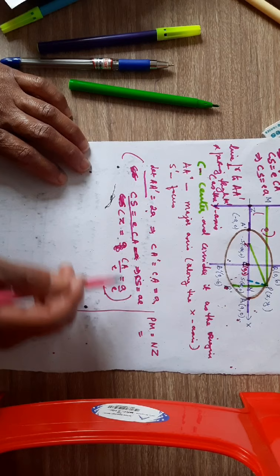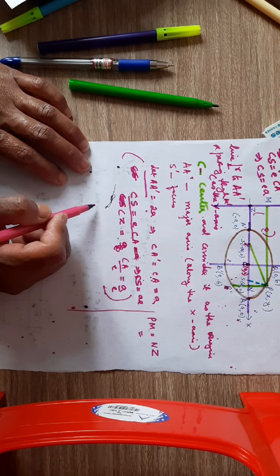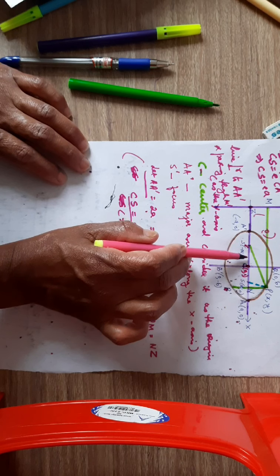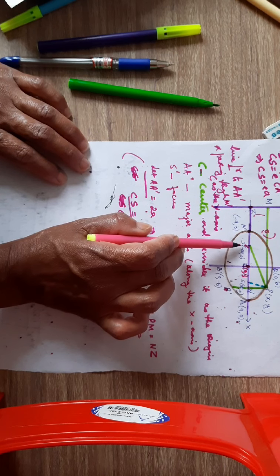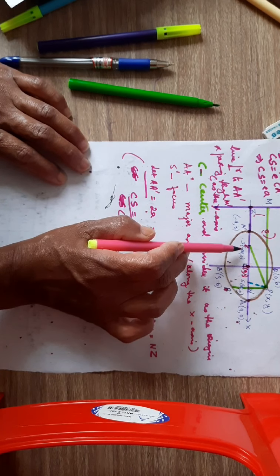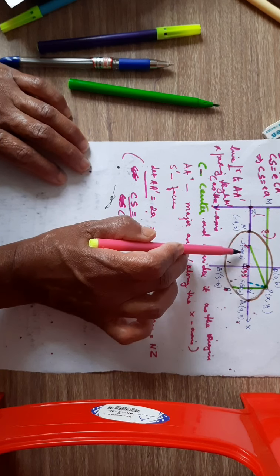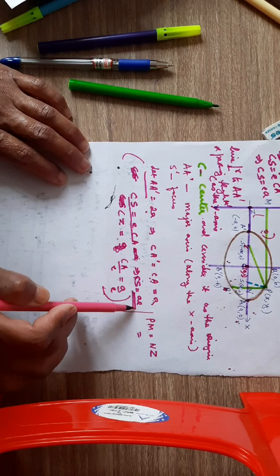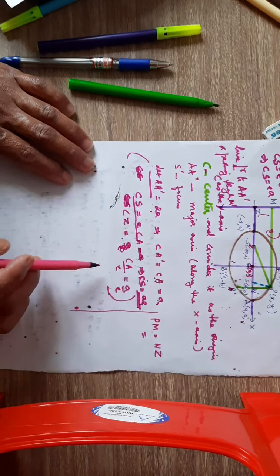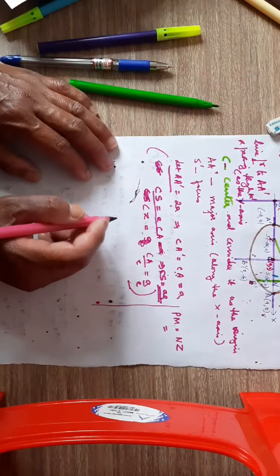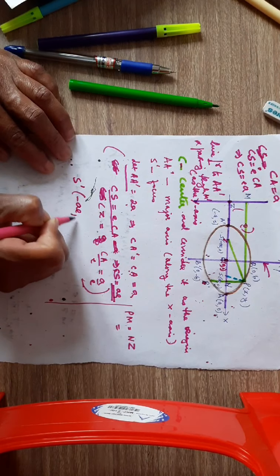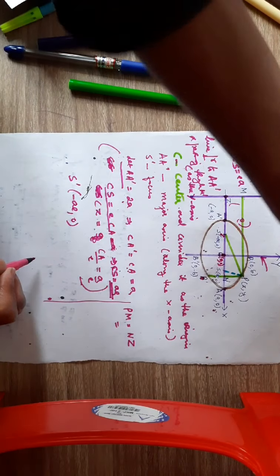So we have to note down this thing. Now, since S prime lies on the x-axis, on the left side of the y-axis, I'm taking the coordinate of S prime as (-AE, 0), with a minus sign here. Since the distance from here to here is AE, CS is equal to AE, and since it lies on the left side, it will be minus AE. Therefore the coordinate of S prime will be (-AE, 0).